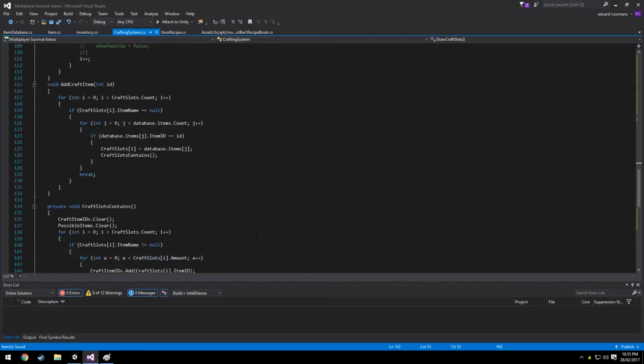So we're adding multiple items and it's not fitting them into the item slots because we aren't checking whether or not they are stackable. So we're gonna have to do this in the inventory as well,